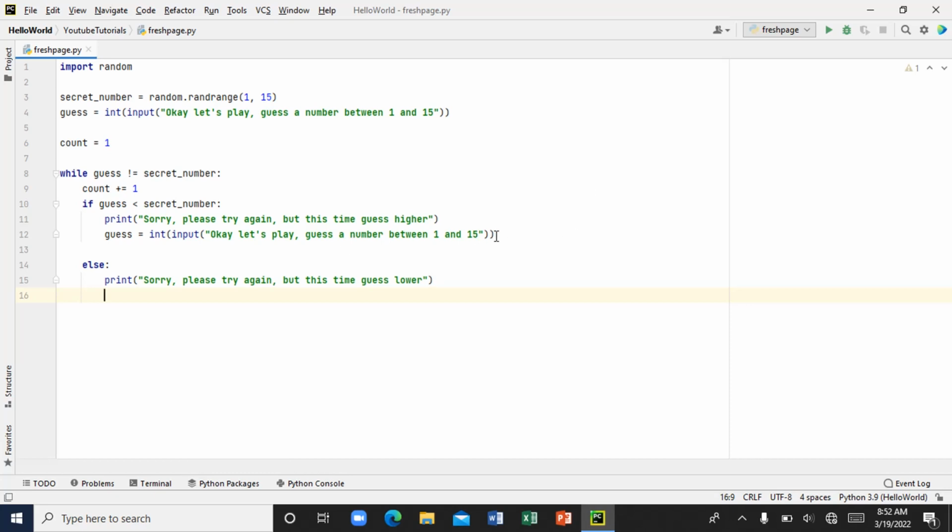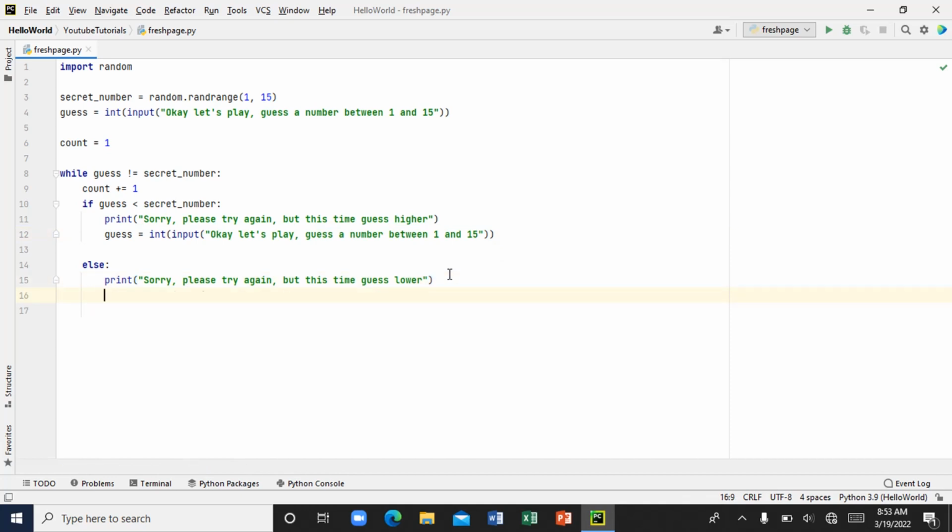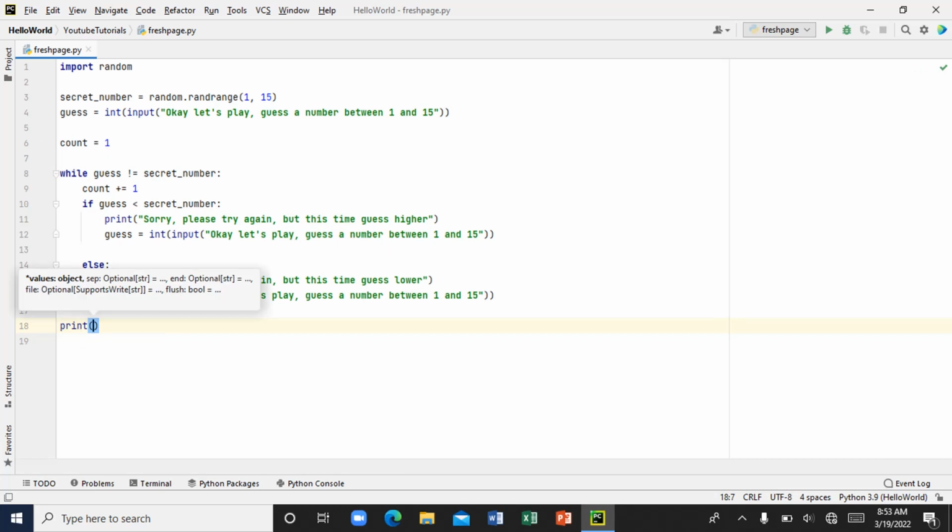So let's bring this input function again, which will allow the user to guess once again, which means after the user guesses lower and it's still wrong, this input function will still appear. So okay, let's play, and so now let's go to our print. So what you are going to do here now is, let's say